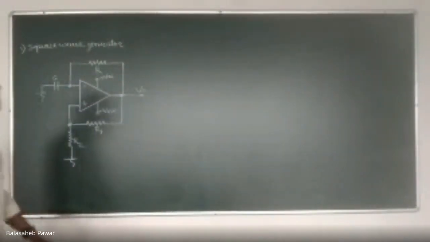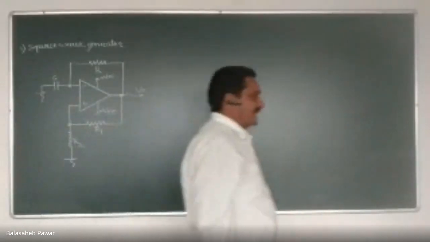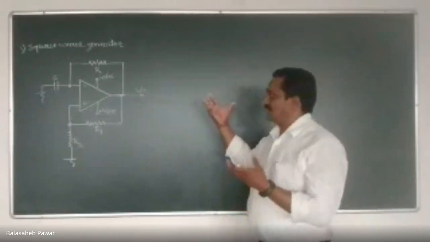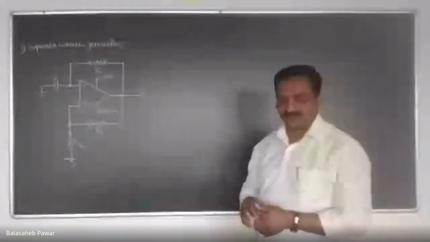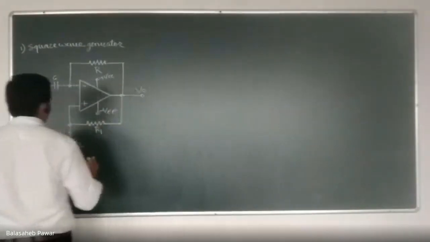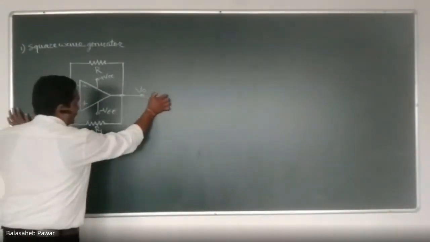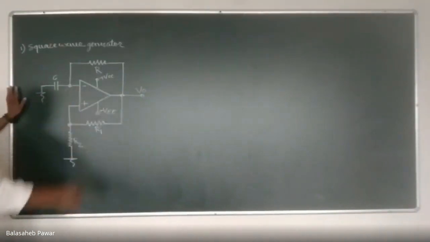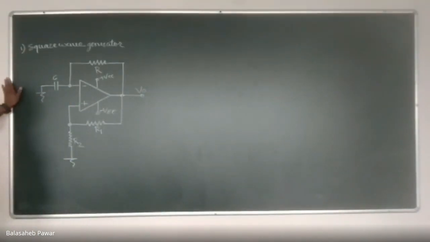Okay, this is the basic circuit, oscillator circuit we can say, or op-amp as square wave generator. You will observe there is no time varying input signal source. Without that time varying signal source, we can generate the output as a square wave, right? So how it will go on to generate it, that basic working principle, I will go on to explain.